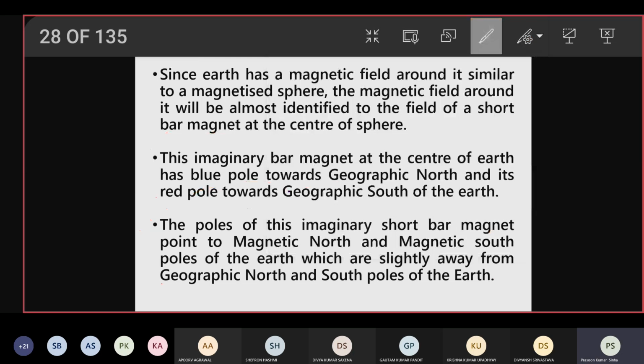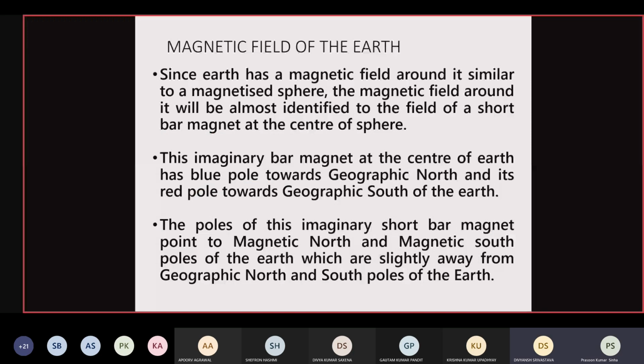So, is this slide clear? दिमाग में पिक्चर बन गया? Yes, sir. Next,